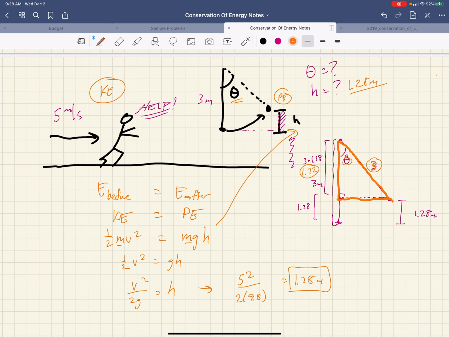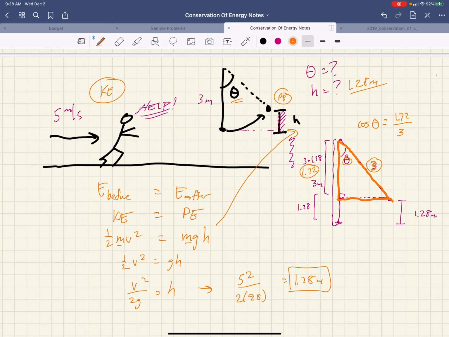Now, the 1.72 is the adjacent side, so it looks like cosine of theta is equal to 1.72 all over 3, which means that if you want to get the actual theta, take the inverse cosine. So we're going to go inverse cosine, make sure I'm in degrees, 1.72 divided by 3,